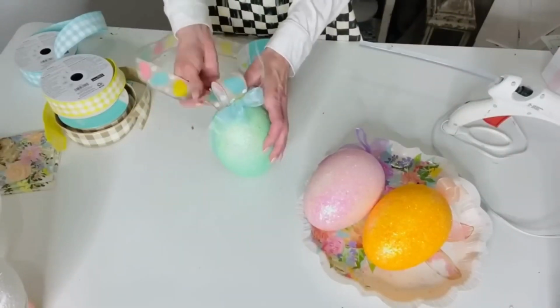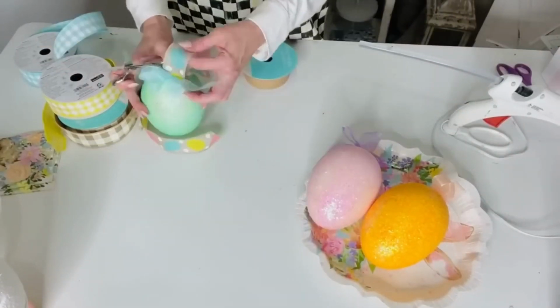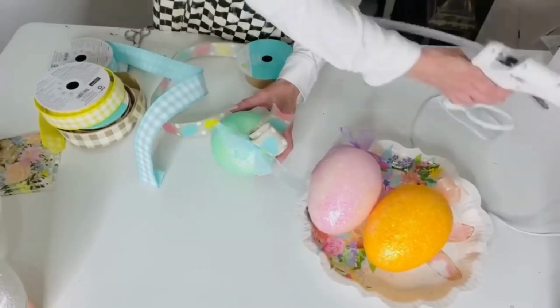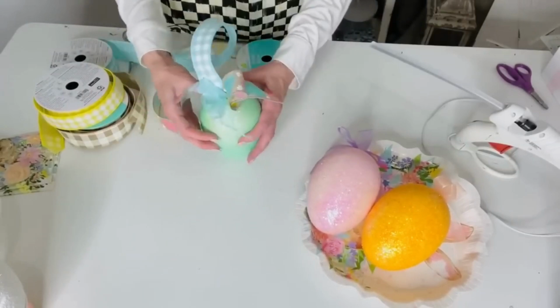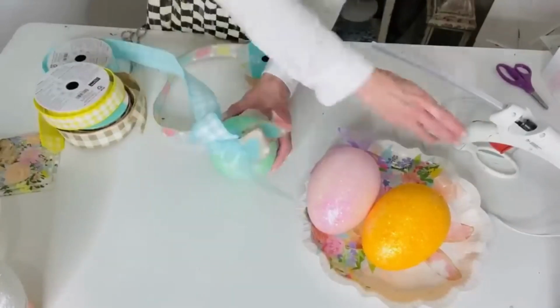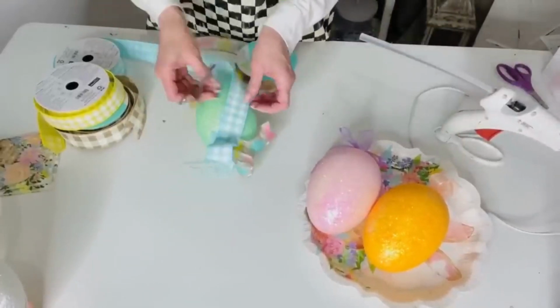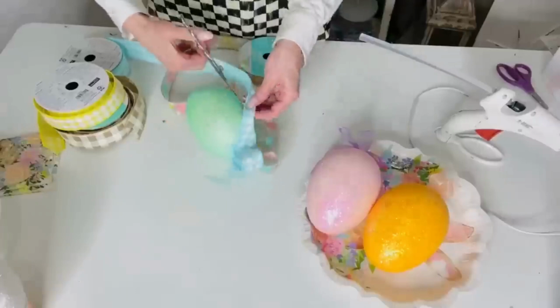So I'm going to take this ribbon and loop it over on itself and just gently hot glue it to the top part of the egg. You can see this is just a quick little loop, and I'm going to go every other loop. So I started with the egg ribbon, and I did get this ribbon at Walmart, and then I'm adding the little blue check gingham ribbon, and I'm just going to continue to kind of do that as I go around